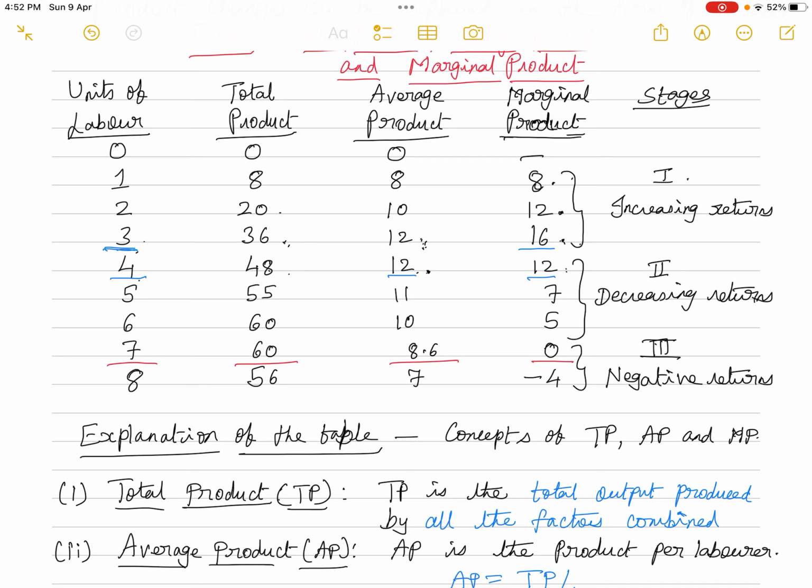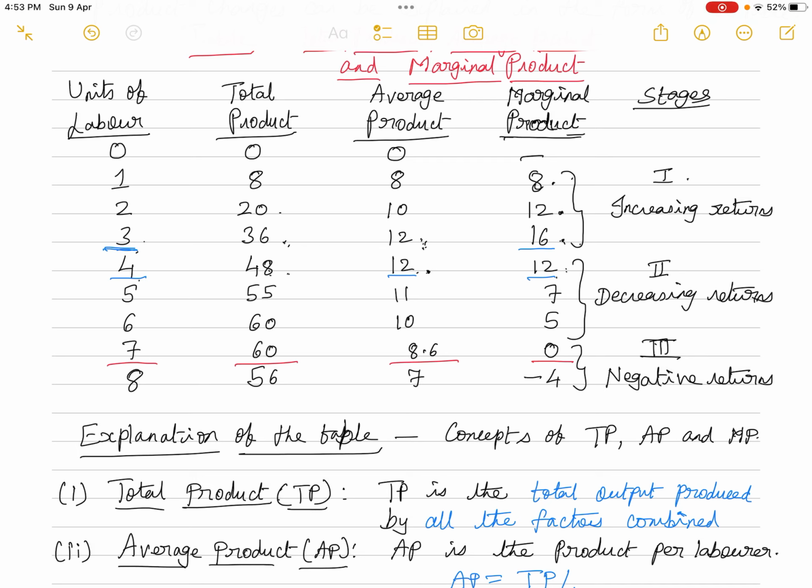So now the farmer is still continuing to employ the labor force because he is getting the increasing returns. He continues with the labor force on the same piece of land. So now the 4th laborer is employed. All 4 laborers are able to produce totally 48 units of output. So what is the average product now? Average product is remaining constant. 48 divided by 4, again it becomes 12, and the marginal product, 48 minus 36,